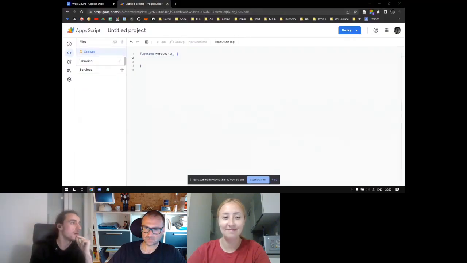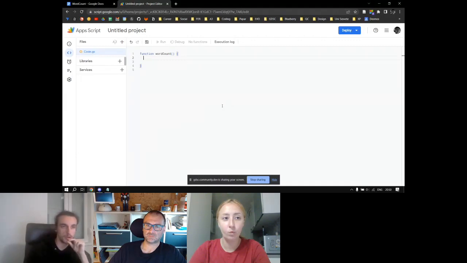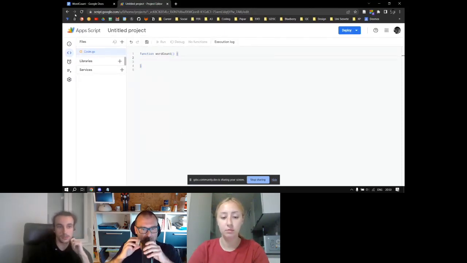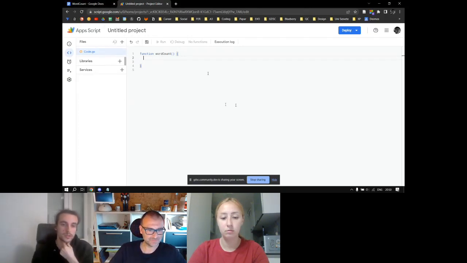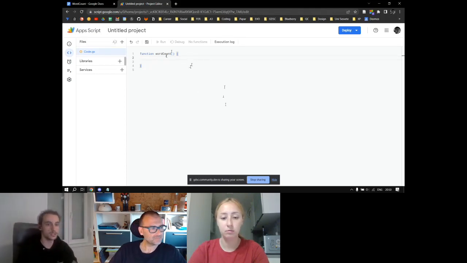So as you could see in Pablo's presentation, for every Google app like Docs or Sheets and Slides, there is a specific object in AppScript that lets you grab the current document if the script is bound to a specific document, or just to query, for example, your drive or open the document based on its ID. So, okay, the first thing that we want to get is that document.